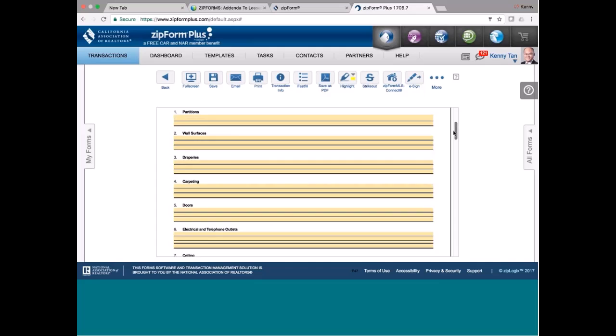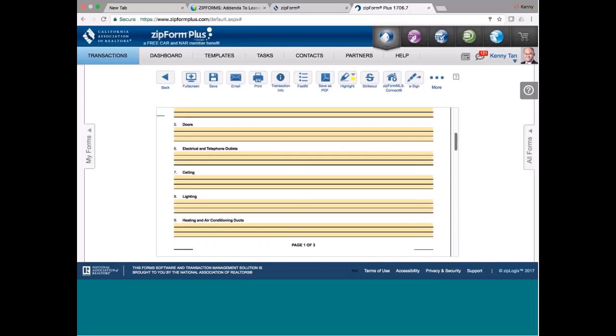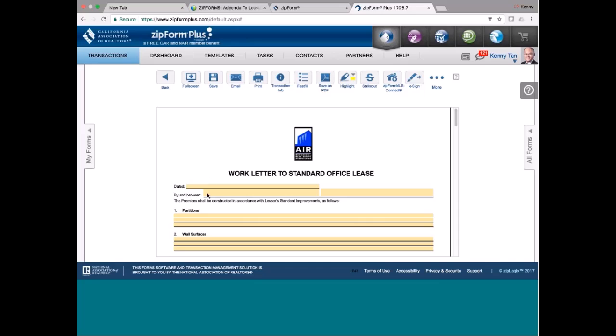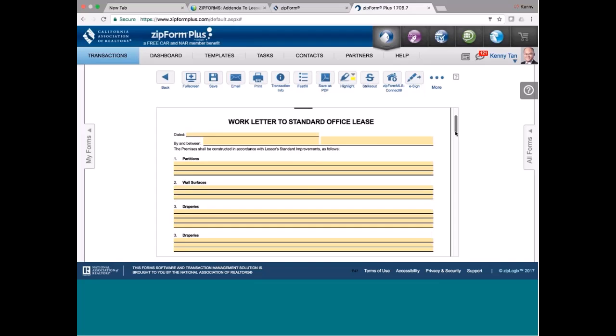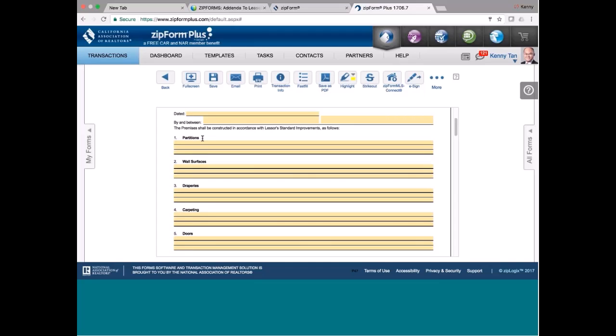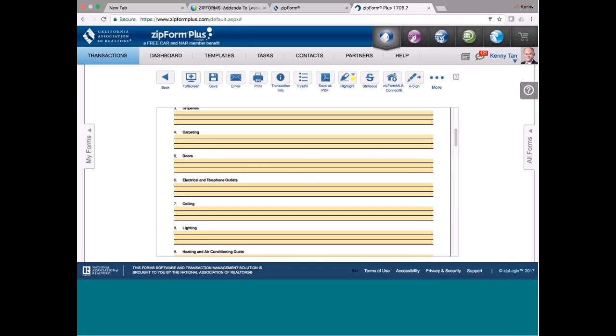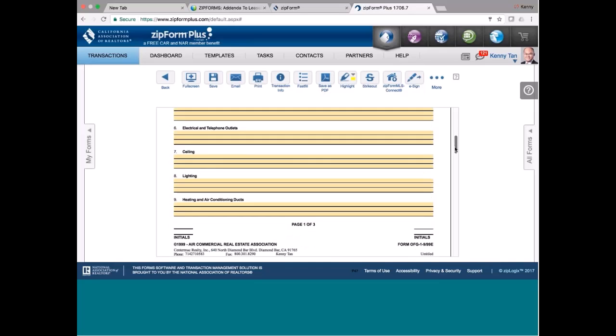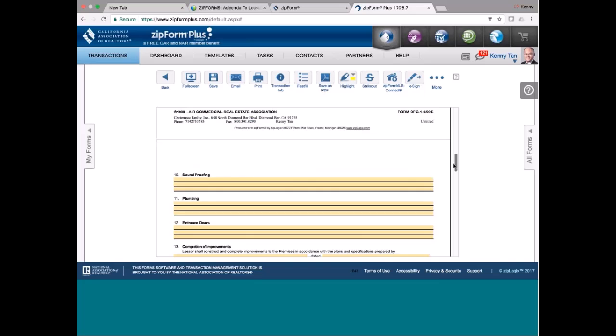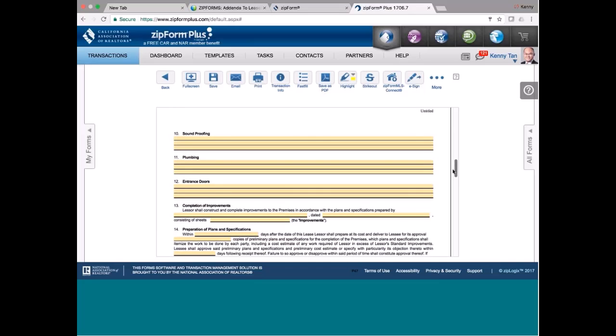Okay? Now, if you read this, you will see it clearly. When you want to remodel, it's good to spell out in your work letter what needs to be done. So it's got the date, and then it's by and between the landlord and the tenant. And then it will say what you need to do on partitions, how many partitions, and where you're going to put the partitions, wall surfaces, draperies, carpeting, doors. All this will be spelled out in the work letter. Electrical and telephone outlets, ceiling, lighting, heating and air conditioning ducts, soundproofing, plumbing, entrance doors. And then usually the work letter has to specify,